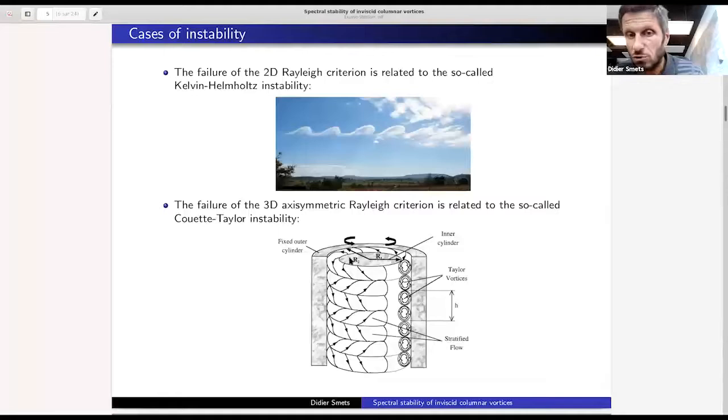When you take two cylinders and you fill the region in between with water, and you rotate the outer cylinder, the circulation is going to be an increasing function of the radius, and you are not going to see any instability. Instead, if you rotate the inner cylinder, the circulation is going to be a decreasing function of the radius. And if you rotate sufficiently fast, actually,